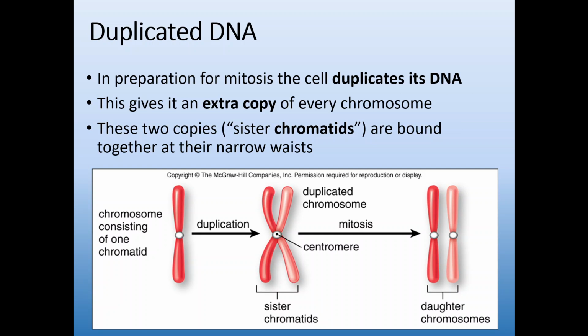Like I said, we have to start by duplicating the DNA. That means we have an extra copy of every chromosome. So during this moment in mitosis, you're going to actually have more like 4N. You're going to have duplicated everything. And these copies we call sister chromatids. There's nothing particularly special about the change of material or structure here. It's just a duplicated pair of chromosomes. So we start with a single chromosome, they go through duplication, and we end up with two copies. We call these together the sister chromatids.